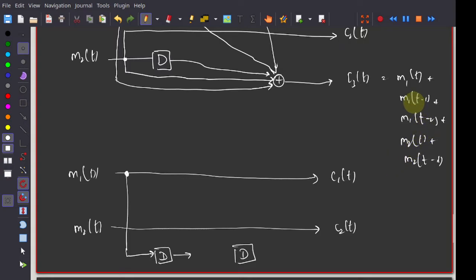You have M1 of t minus 1 plus M2 of t minus 1. So I'll put an adder element over here. I need an M1 of t and M2 of t. So this is my C3 of t,